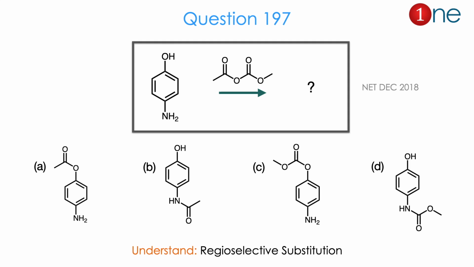Then let us look at the next question. You have para-hydroxyaniline and you have a diketone and you have a cumulative ketone there. They ask you to find the product. The products depend mostly on what happened and where the nucleophile attacked. The first ketone will be attacked, or the second ketone will be attacked, or the amine will be attacked, or the alcohol will be attacked. So there are 4 possibilities. So from the reaction and possible 4 structures, you might realize the question is really about regioselective substitution of the functional groups, particularly nucleophile, OH and amine. The answer is B. Let us see how.